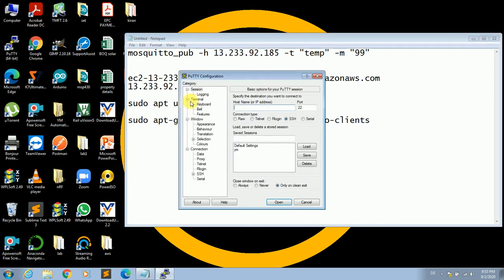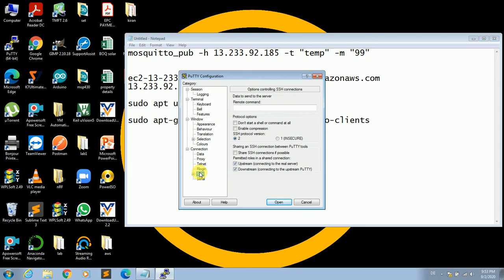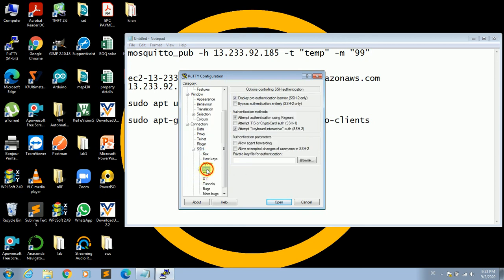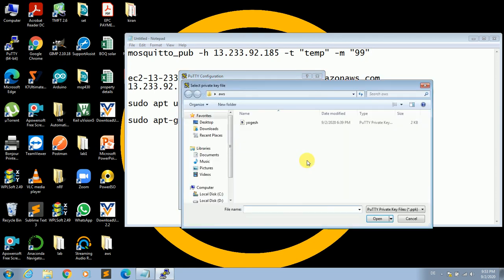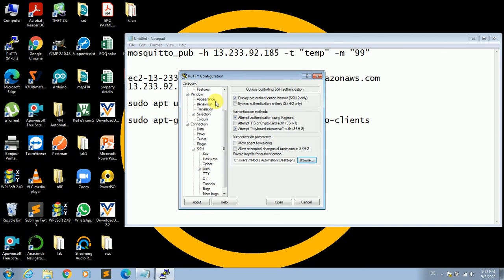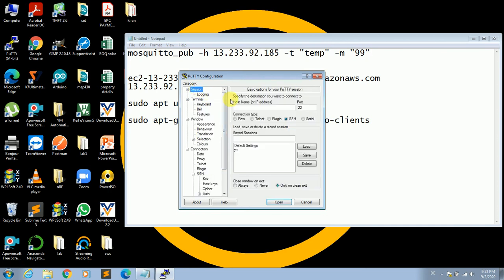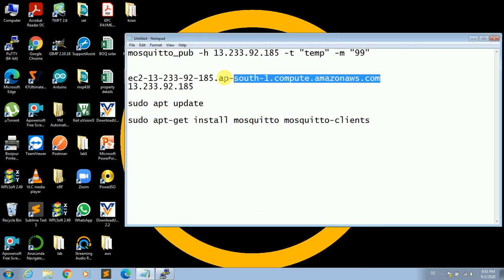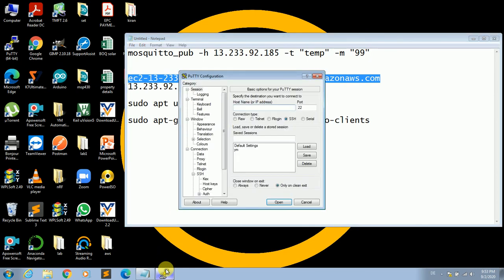As I said, go under SSH, open it up, click authentication, browse, put your PuTTY private key file there, open it, go to your session. You have to paste the public DNS address there. On port 22, select the connection type as SSH, open it.